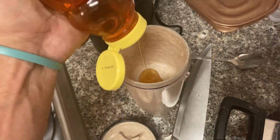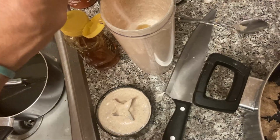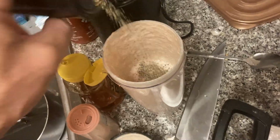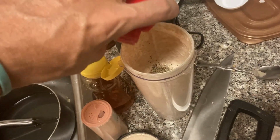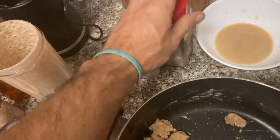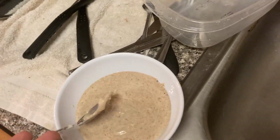All right, so that's blended pretty well. We're gonna add some honey. Not too much. Going to add some salt, Himalayan pink salt, about that much. And some pepper. Oh shit, that's a lot of pepper. Whatever. And where are my herbs at? Here we go. Some of my Italian herbs and seasoning. All right, gonna reblend that and then we're gonna cook it up. This is the consistency we are left with. These are gonna be more like pancakes than crackers. This recipe is changing pretty quick, but anyway,